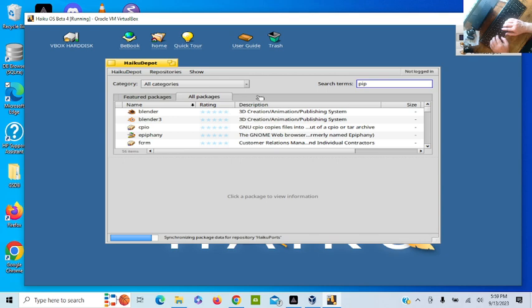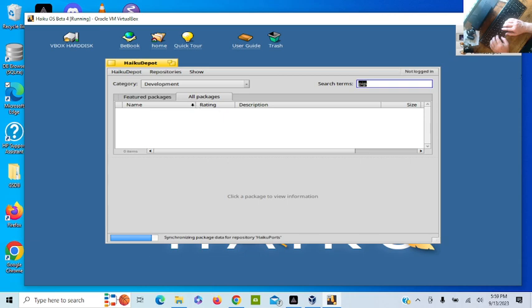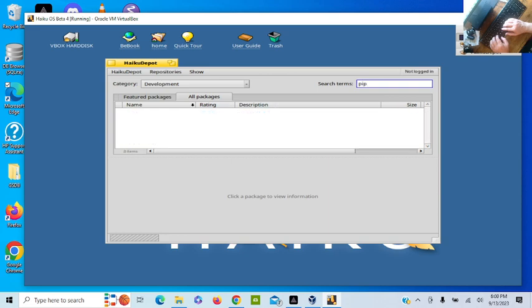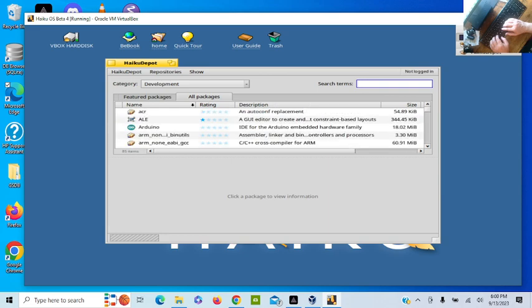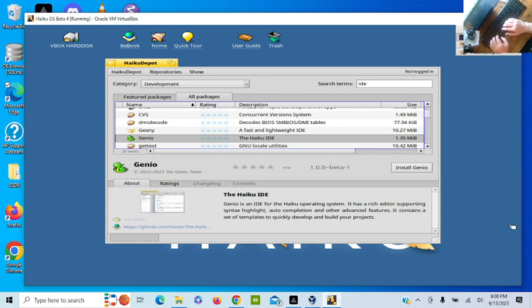It's a development environment. This is the official